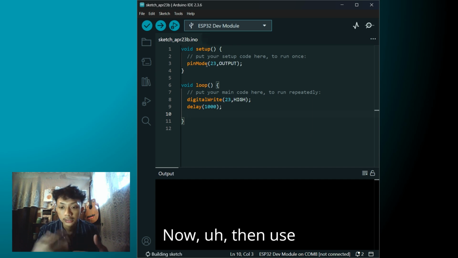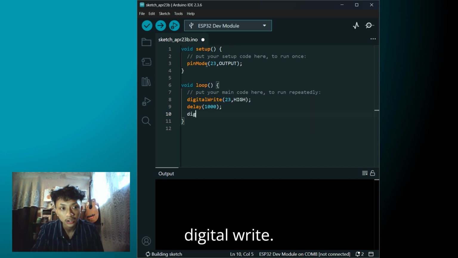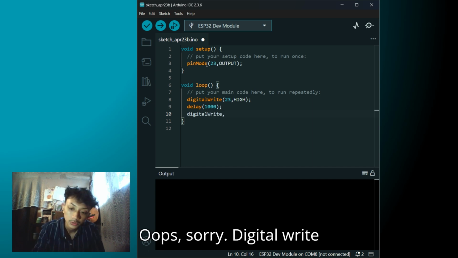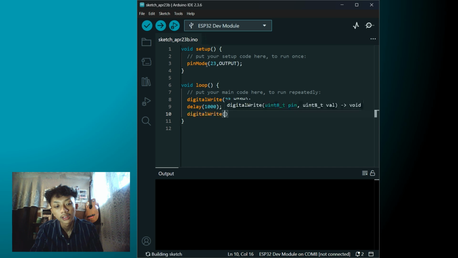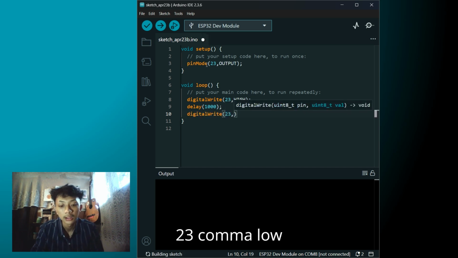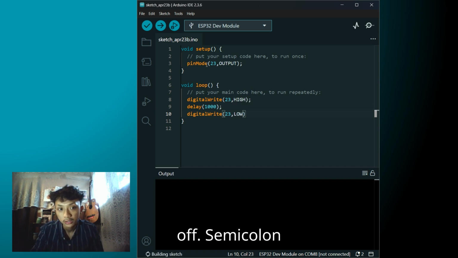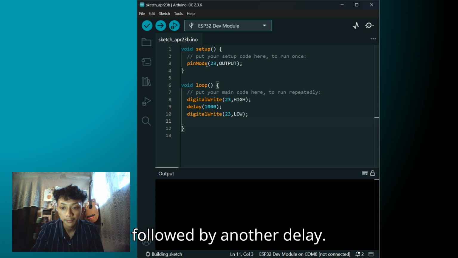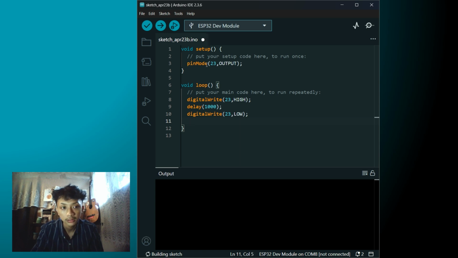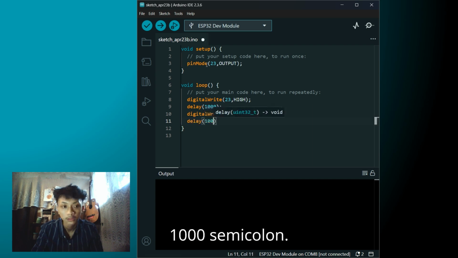Now, then use digitalWrite(23, LOW); to turn it off, followed by another delay(1000);